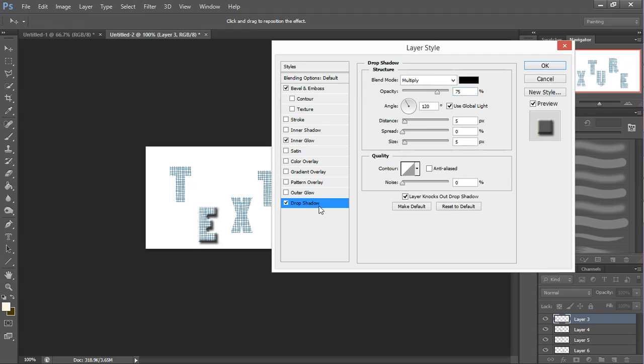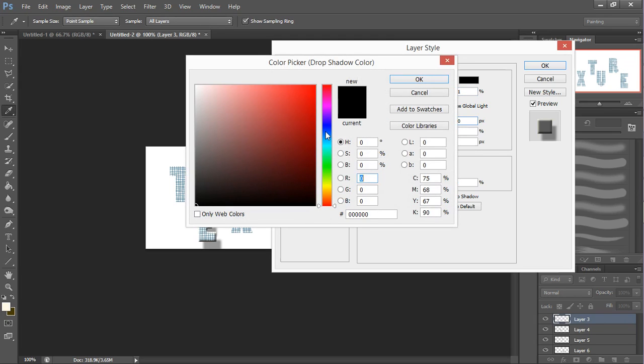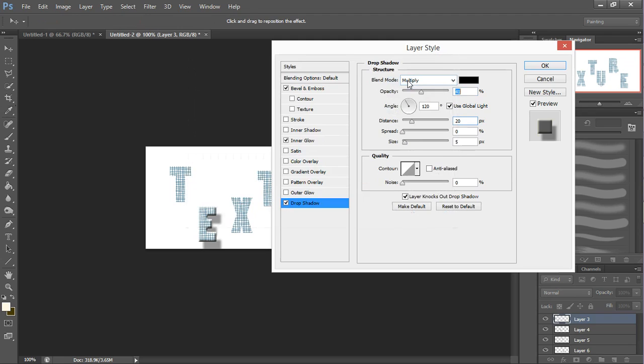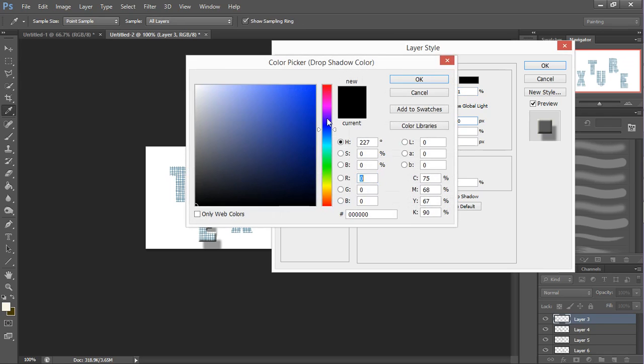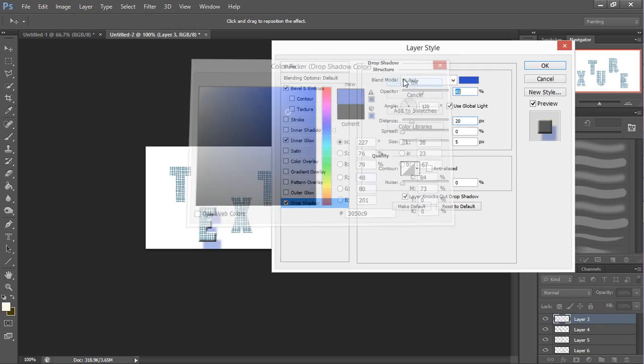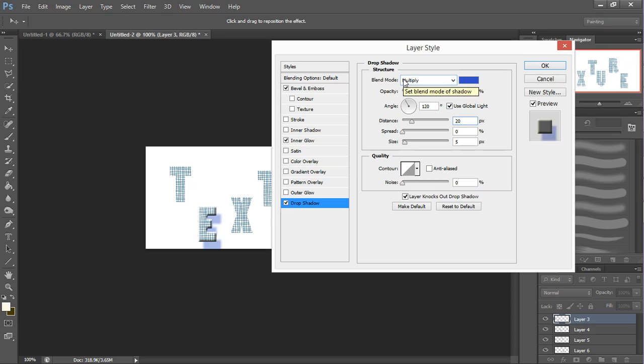If I then click on drop shadow, I can play with distance and direction a little bit. If that looks too dark, I can change the opacity. If I don't want it to be gray, I can change the color. Just a second. So it's very light. I can come up here and say I want my shadow to be blue since it's kind of blue, and click OK. And now I'll have a blue drop shadow. Whoops, I didn't get it. Blue. Okay. Now I have a blue drop shadow. Isn't that cool? So I would apply that to each one of those